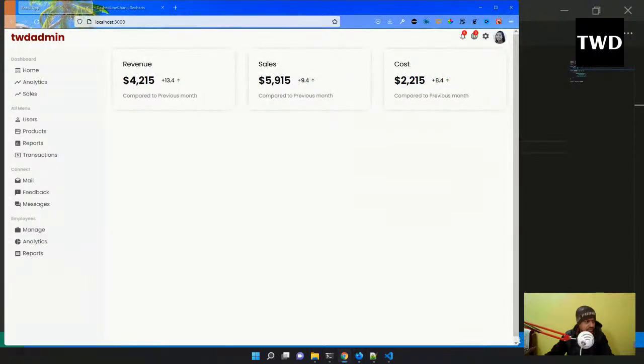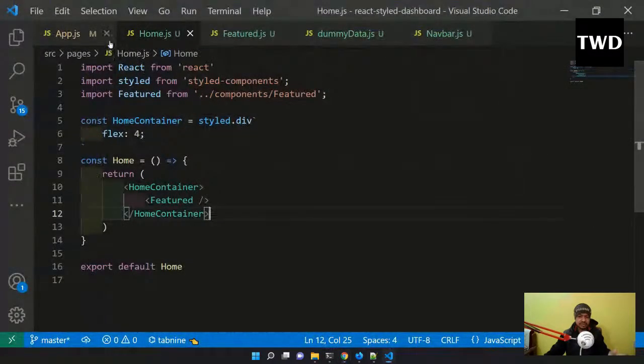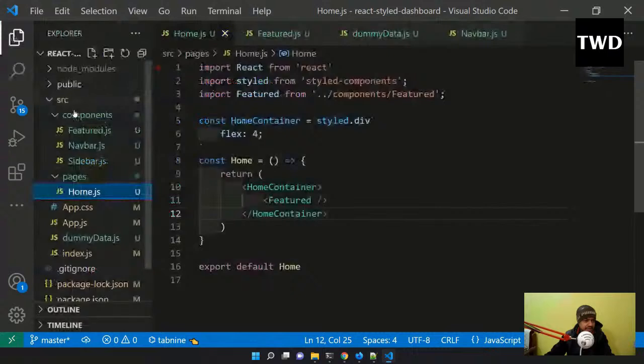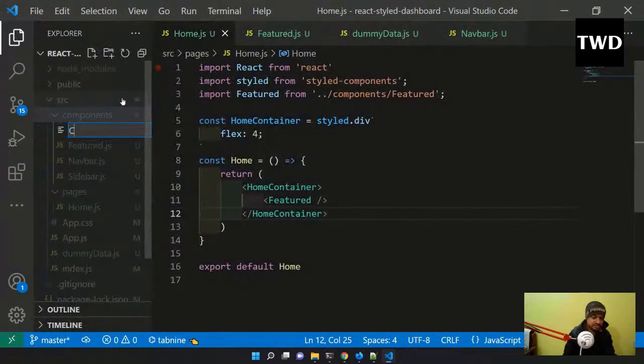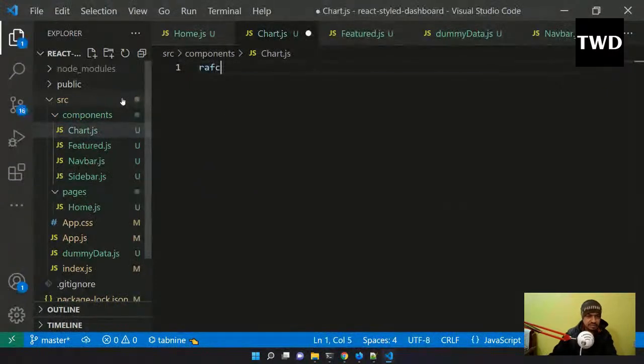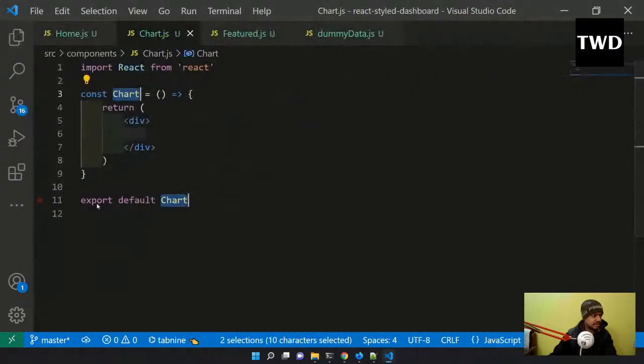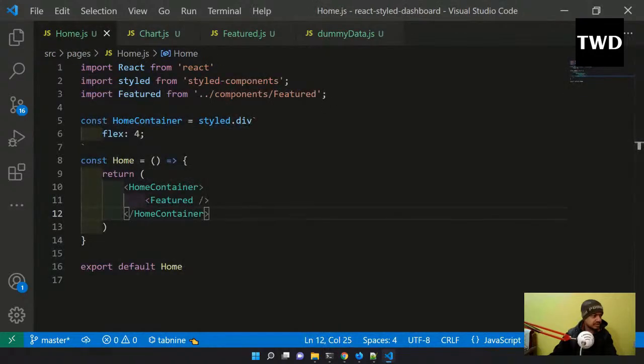So for that, what we are going to do is first go back to our home component. In this component I'll create a chart.js, RAFCE, chart.js, save it. Okay, then in the home I'll go, and here